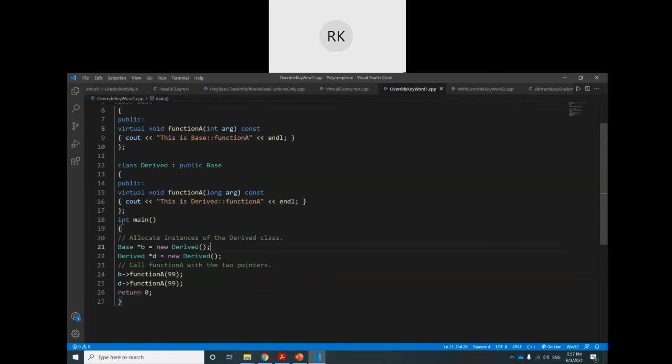Now the scenario in int main is almost the same: a base class pointer and a child class object, and a child class pointer and a child class object. The second one is okay. The problem is in the first one. The pointer is of base class, the object is of derived class. Now we are calling function a. So let's see the result, which function will be called.